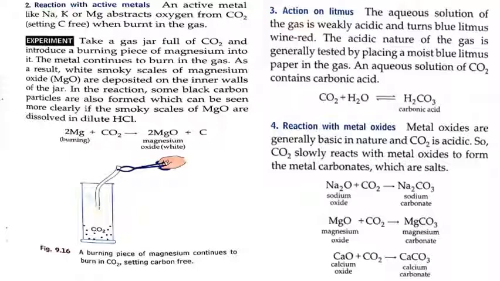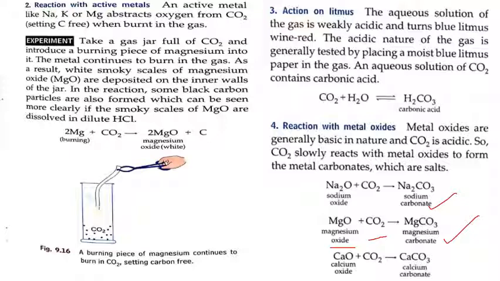Our fourth point is reaction with metal oxides. Metal oxides are generally basic in nature and carbon dioxide is acidic. So, carbon dioxide slowly reacts with metal oxides to form metal carbonates, which are salts. The salt we are talking about is the compound that is formed after the reaction between the two. If sodium oxide reacts with carbon dioxide, it will lead to the formation of sodium carbonate, as they have shown you in the first example. In the second one, they have shown that if magnesium oxide reacts with carbon dioxide, it will lead to the formation of